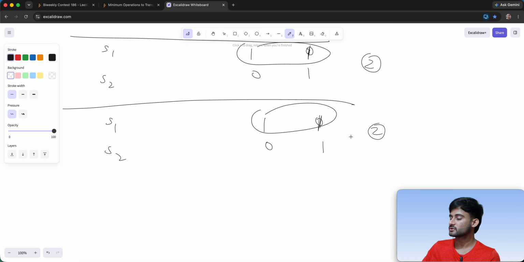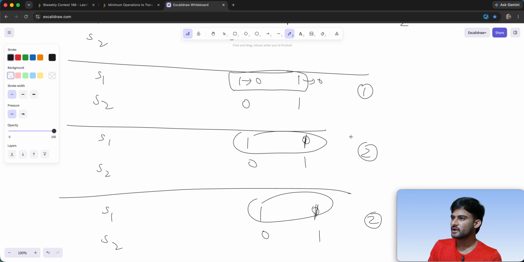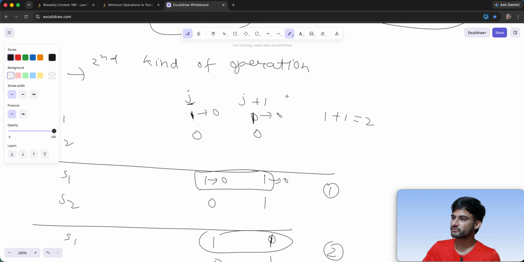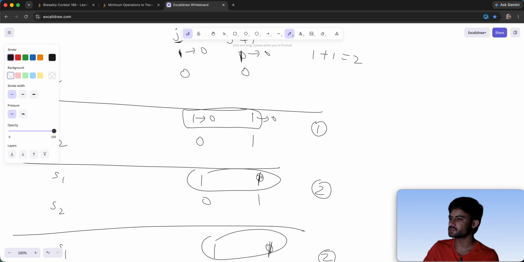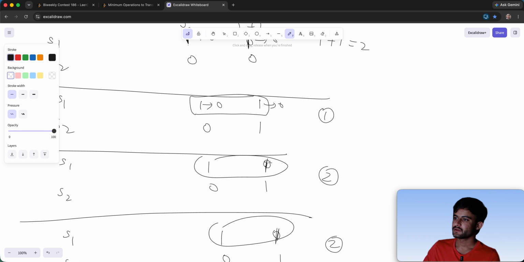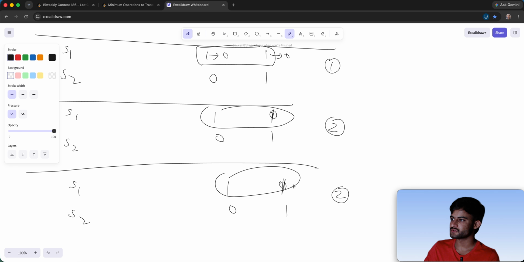So it also took a total of 2 operations. So here you will see that in all of these cases, the value of this index is 0. This is 0, this is also 0, and this is also 0, right? And the value of this is also 0,